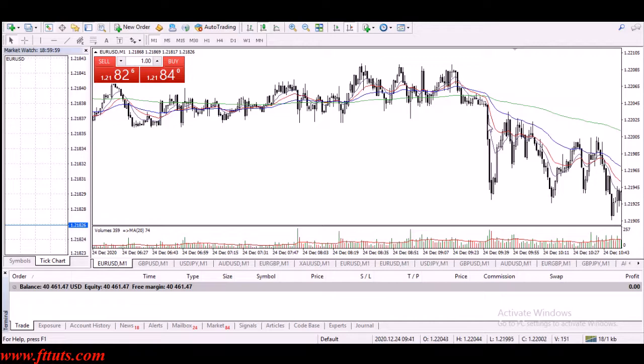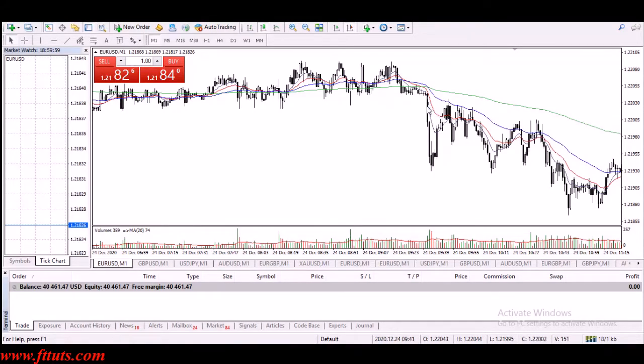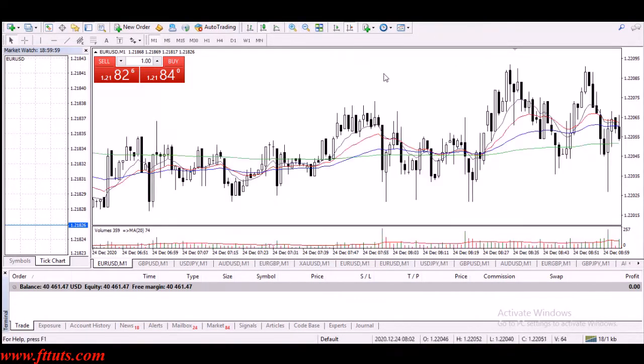Nothing is 100% sure, but it has a high probability of making a downtrend. That's what I'm talking about. Okay, so when the price breaks below these, you don't have to buy here. And if you decided to buy,